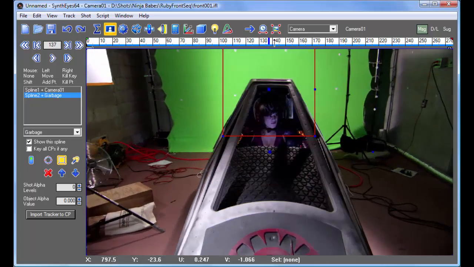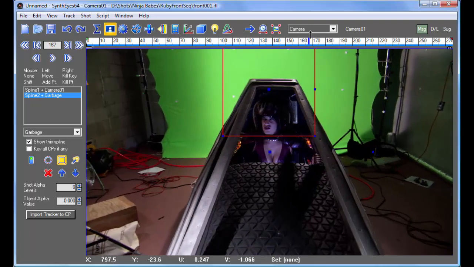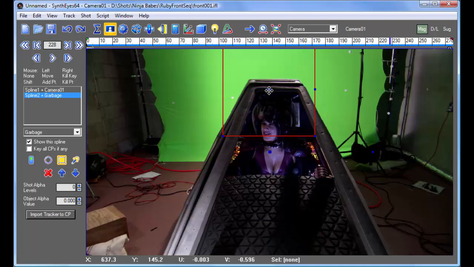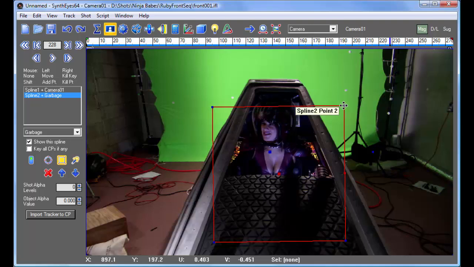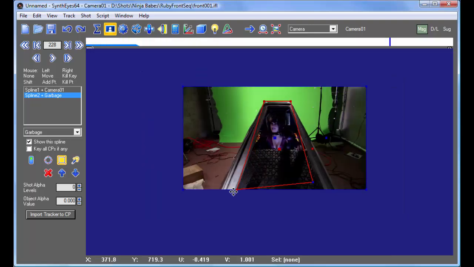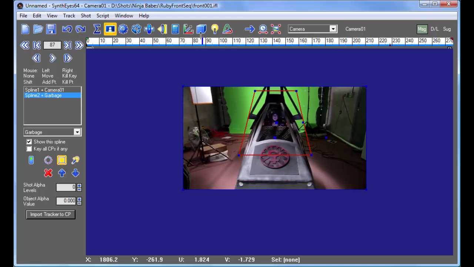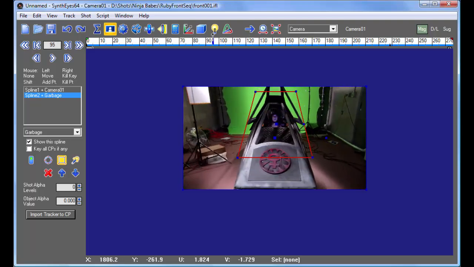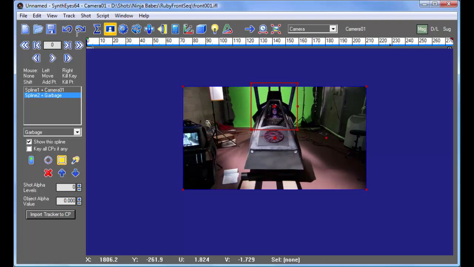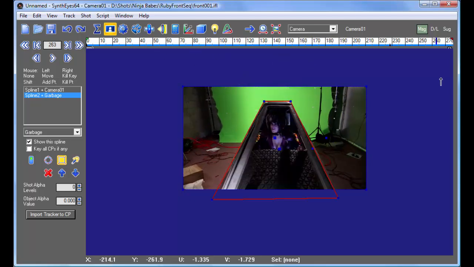So I just set that up at the beginning of the shot. Now down here somewhere to the end, we'll go and reposition things. I can kind of move the spline around as a unit, or I can go and adjust the vertices themselves. And the key point is that I'm just setting up a very rough mask to say where I don't want to create any trackers. So maybe in this particular case I'll move this one out a little further so you don't have any corner. So I've got a little matte